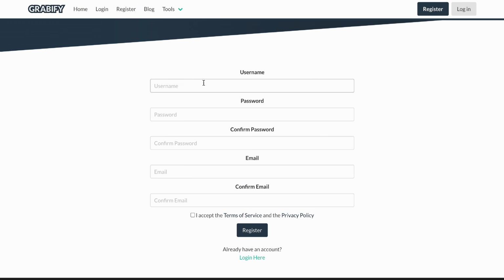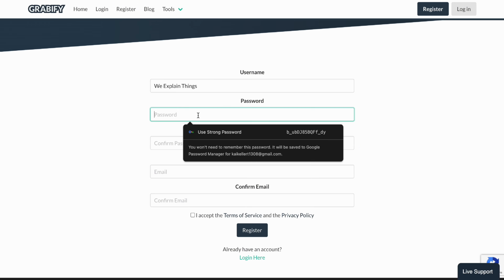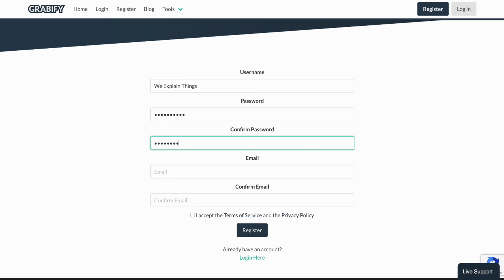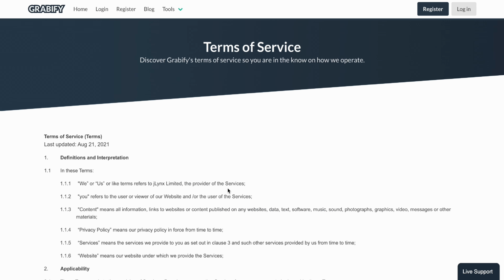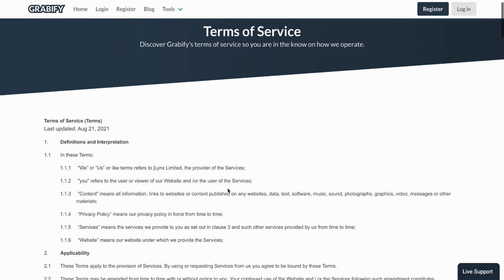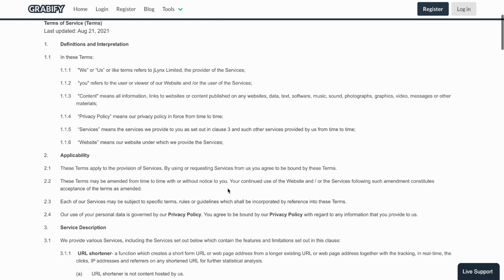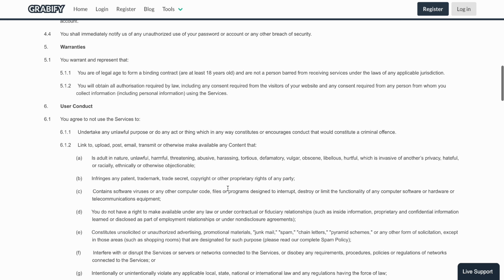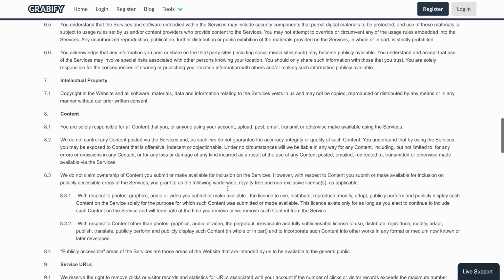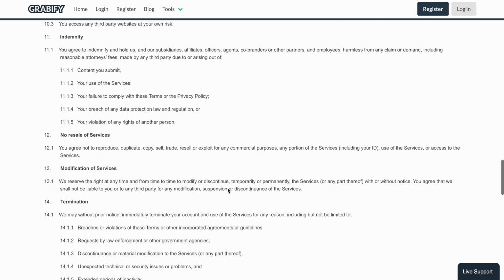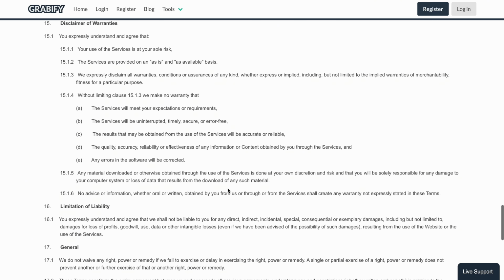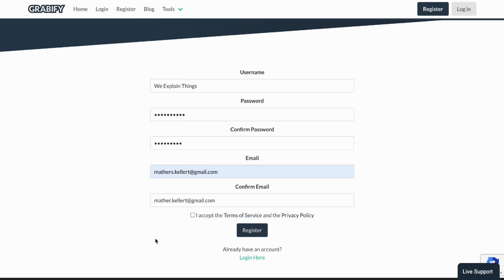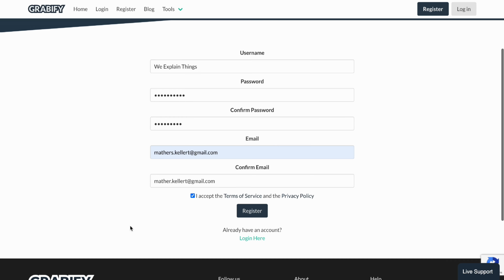After clicking that button, you must enter your username, create a password, confirm your password once again, enter your email, and then confirm your email again. Now, before you do this, you want to take a read through the terms of service. After reading the terms of service and privacy policy, if you agree, you accept by clicking the box here and